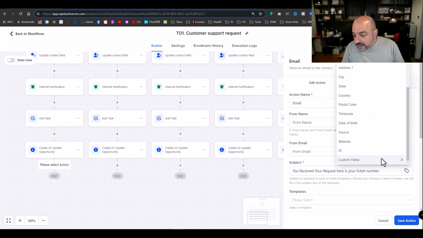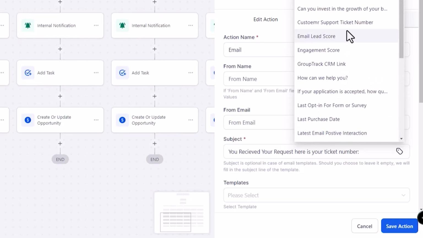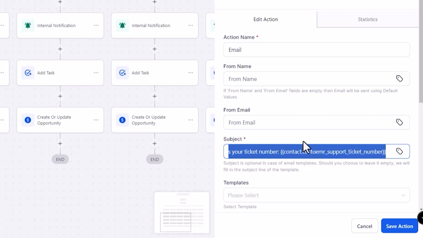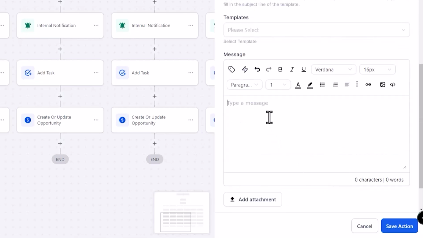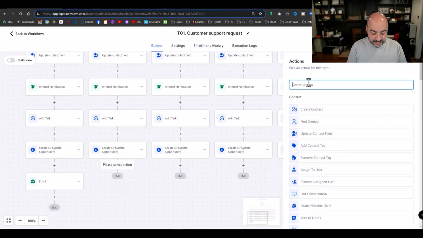Contact, custom fields, customer ticket number, where are you? Customer ticket number, customer support number, boom. All right, and then you would write a nicer email, but for the sake of time, you kind of get it. Boom, and then what we can do, again, getting super fancy with this, we can hit go